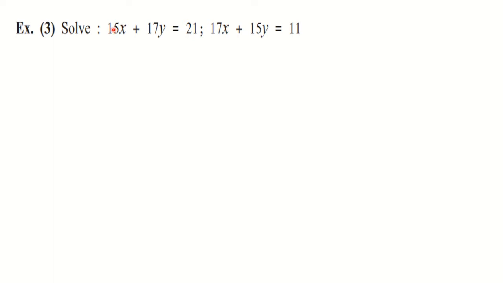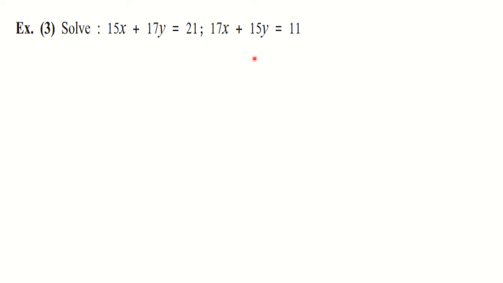What you will get is that the coefficients are interchanged here. See, here we have 15 and 17 as the coefficients of x and y respectively, and for the second equation we have 17 and 15 respectively. In the first equation the coefficient of x is 15, while in the second equation the coefficient of y is 15. The same thing we can observe for the coefficient of y in the first equation, which is the same as the coefficient of x in the second equation. So the coefficients are interchanged here. Such equations are a particular type of equations.